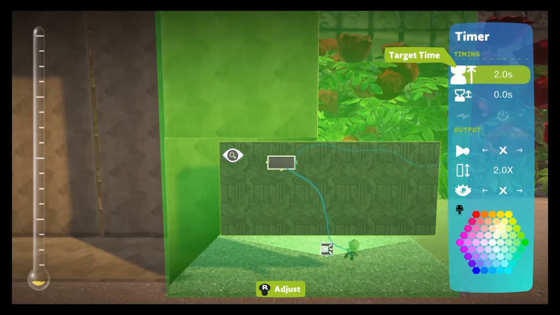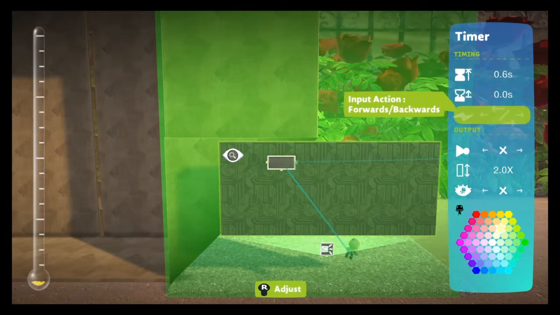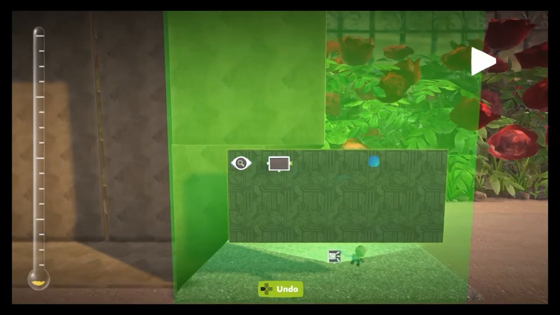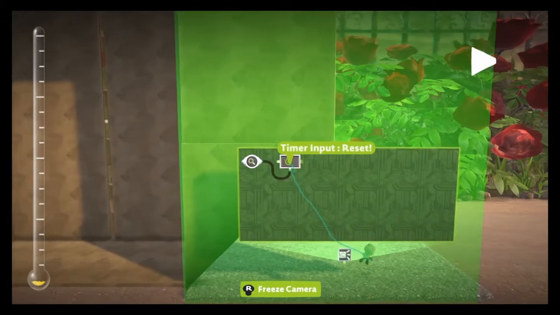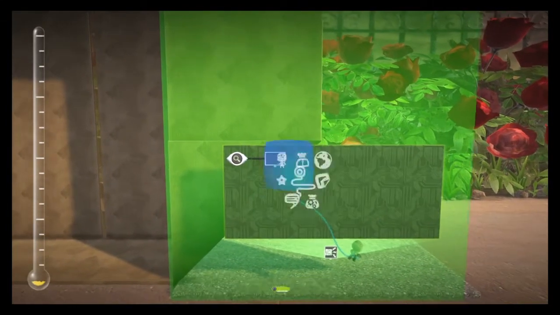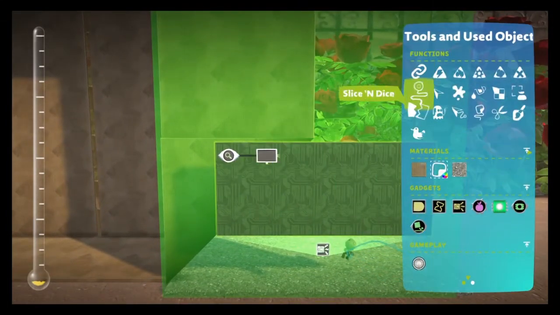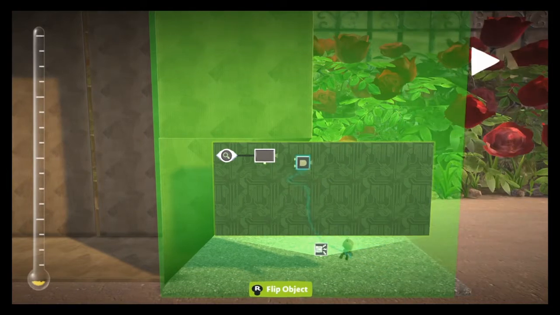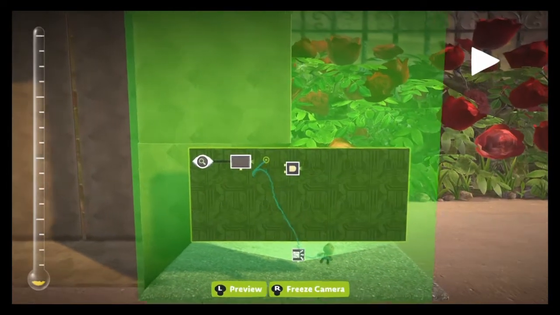Right, we want this to go up to, I put it to about 0.6, I think. We want it to be forwards, backwards. Let's just make it a little bit smaller, and there we go. So when it receives that, it will go up. Then we want an AND gate, so it has to detect two signals, and the other signal it wants to detect is